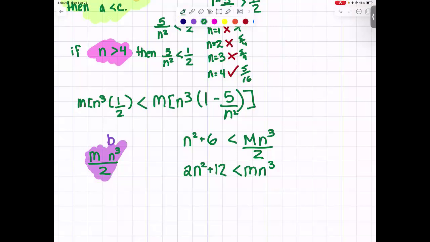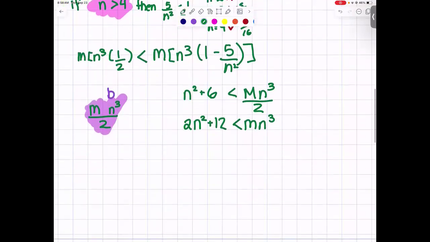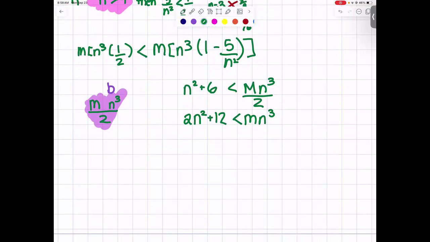Let's divide both sides by n squared. N squared less than n,